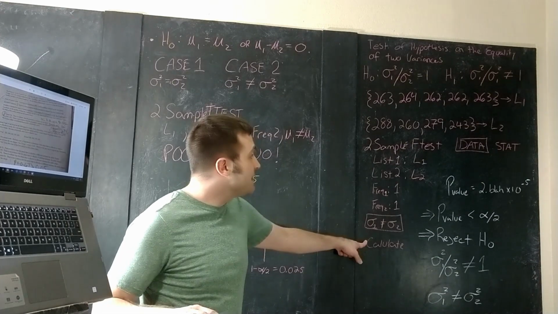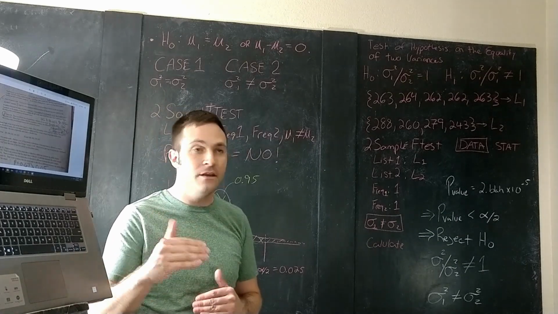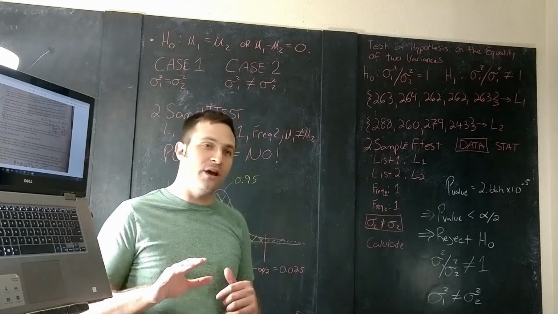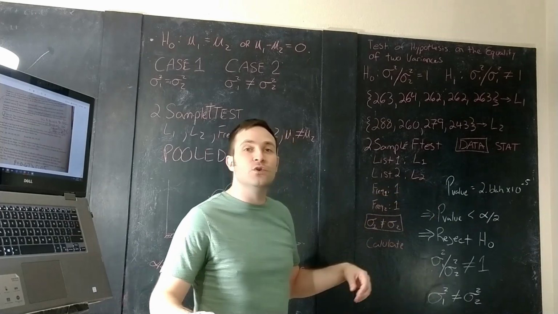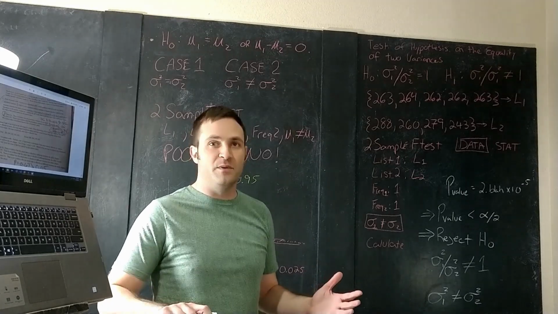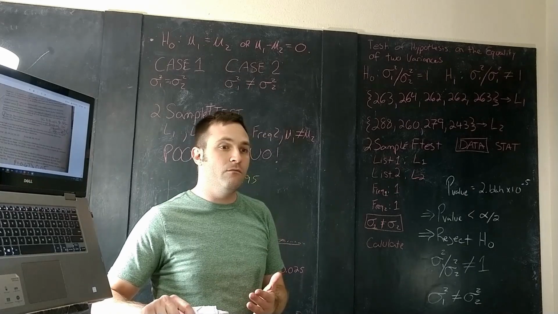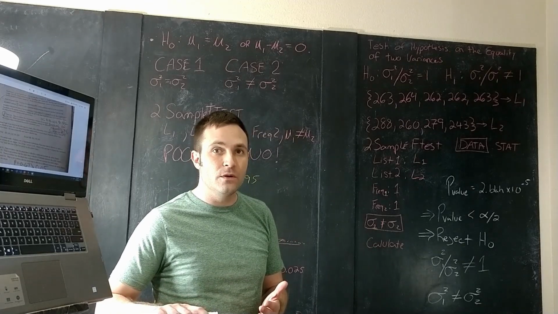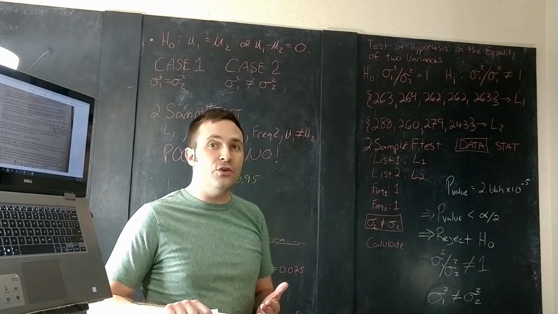So anyway, I'm going to hit calculate, and I get a whole bunch of data. The data that we care about right away is the p-value. I need to compare my p-value to my probability of type 1 error, specifically my value for alpha over 2. The value that we're interested in for alpha over 2 is